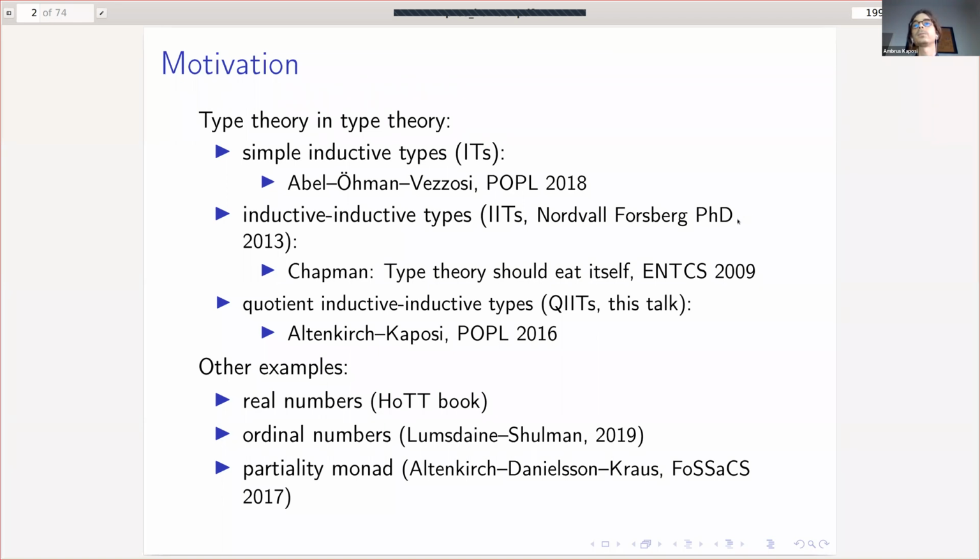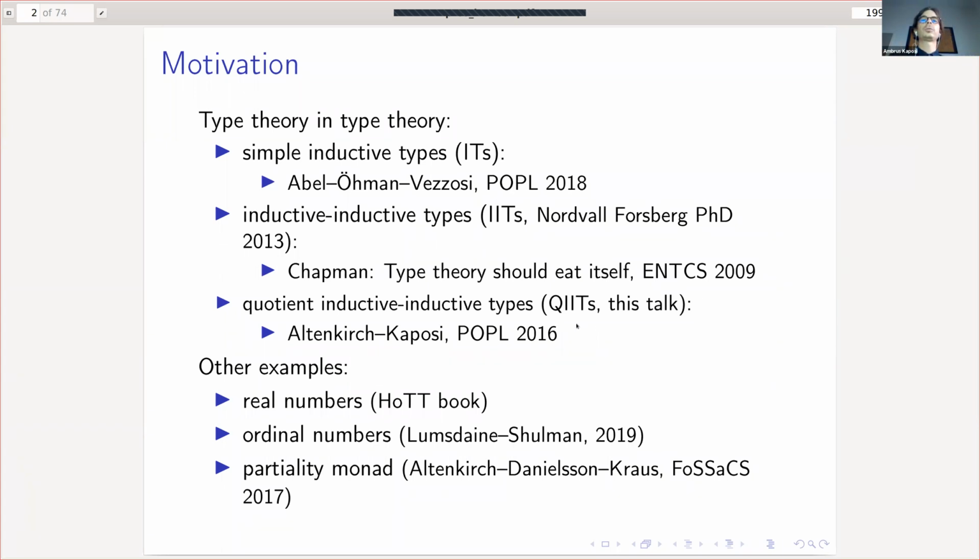And in fact, the motivation for introducing inductive types in type theory was this kind of intrinsic syntax of type theory, which was described by Chapman in 2009, and then in Fredrik Nordvall Forsberg's thesis 4 years later, they were given a precise description. And in fact, Agda already had inductive types before the name inductive type was invented. So